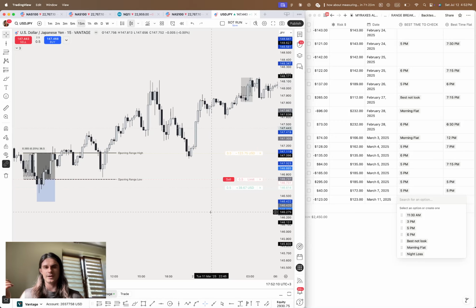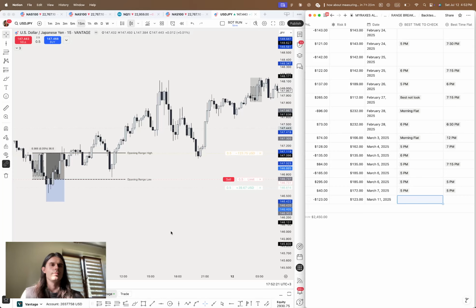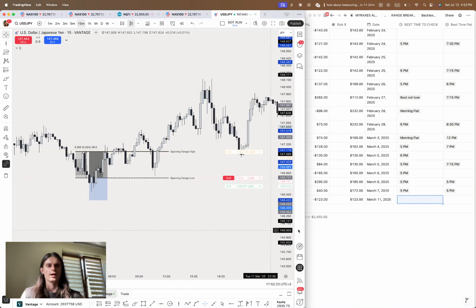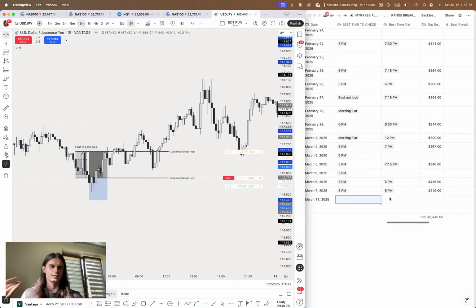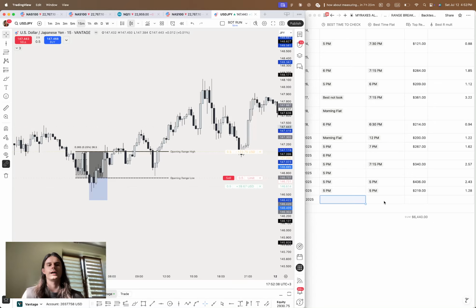But many times, as I statistically see, the price would move at 5 p.m. or something. So the next thing we see is best time to check. I'm not going to actually input this because here we had a loss. There was no best time to check. I wouldn't even wake up at that time. Best time flat is actually when I decide what time was the best time for me to close